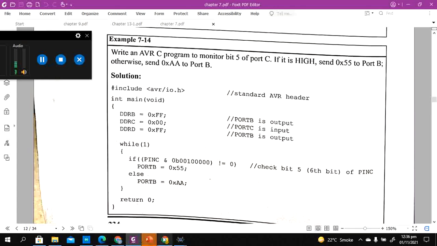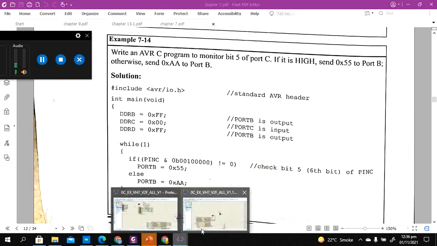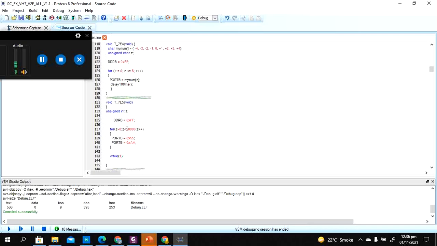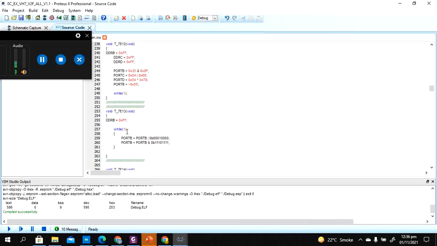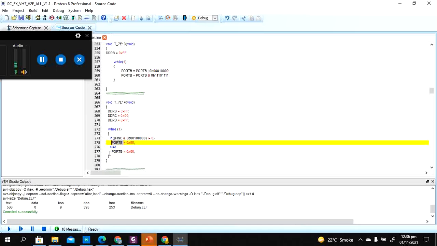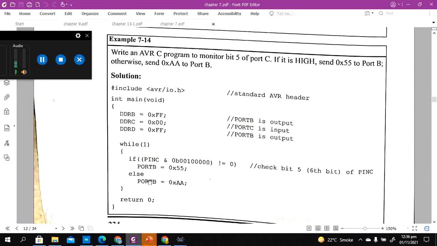We can make a bigger LED if you want, but the purpose is to show the data, how the data goes. So you can see the 7-14 example is here, and I've shown 0xFF or 0x00 so that you can see the change visibly. So let's run this code, and I've basically shown the data on the same port in both the cases. A little different from the book, but the book is showing this thing on the same page as well. They are not using the port D. This may be a typo.